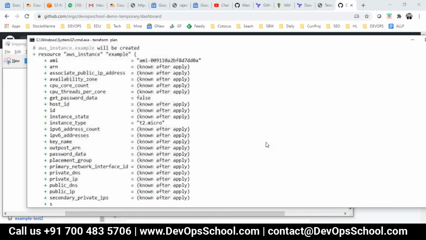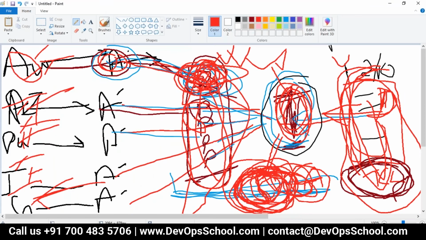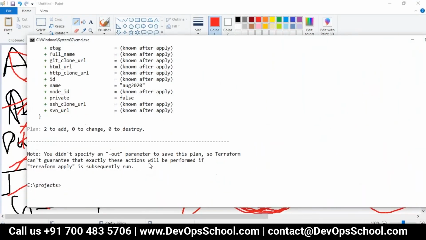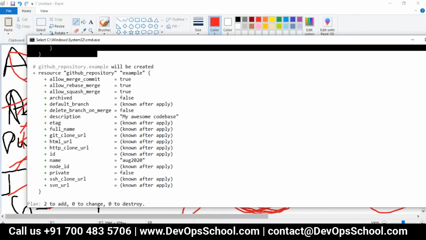Remember one more thing you should not forget, the state file. Terraform creates a state file, but before apply, it creates the state in memory itself. See here, earlier it was only one, but now it is 2 to add, 0 to change and 0 to destroy. That means this is a GitHub resource and that one is an EC2 instance.